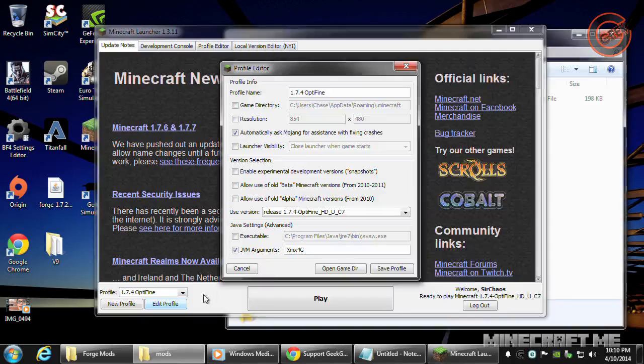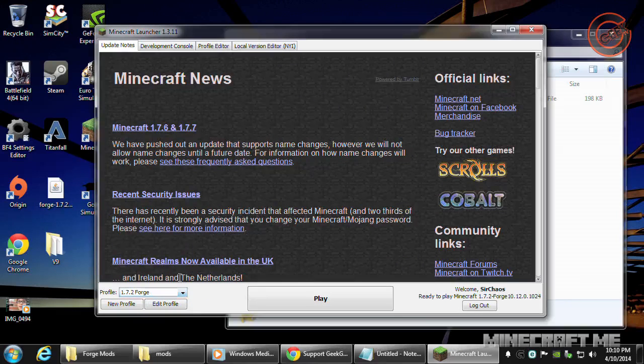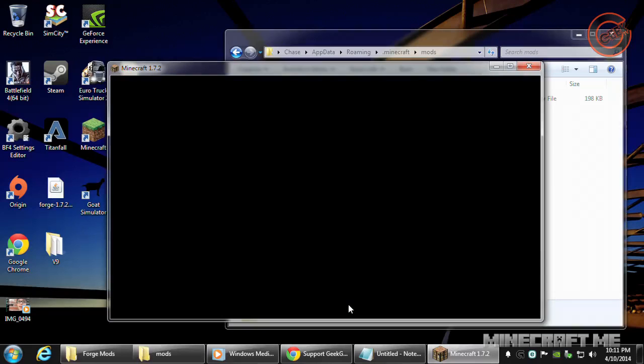Okay. So let me cancel this. Hit cancel to get rid of that, and then make sure you pick the Forge version, and it usually labels itself as Forge. And then you just hit play. All right. Doing that now. And when it launches, the way you confirm that you have Forge installed and working